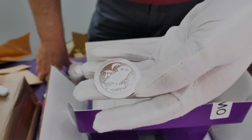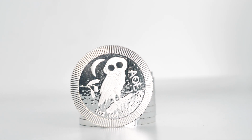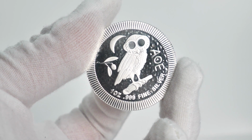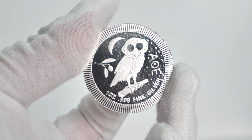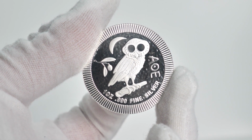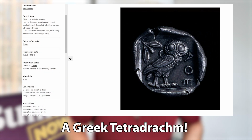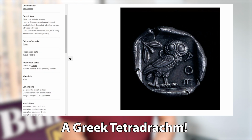So you've got the owl on the reverse, if you like. And it's a replication of an old Greek coin. It's not Greek. I would have said it was Greek. No, I don't think so. Isn't it an Aztec creation? No, I'm going to put my foot down on this one and say Greek, and if I am wrong, I will...